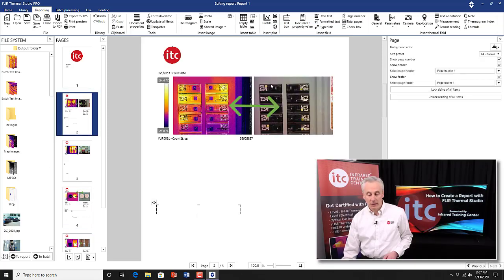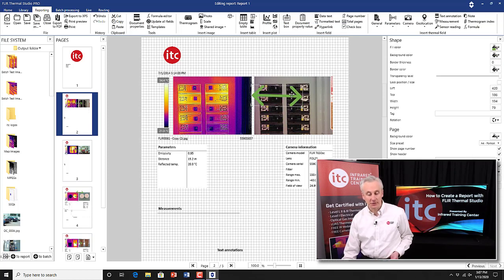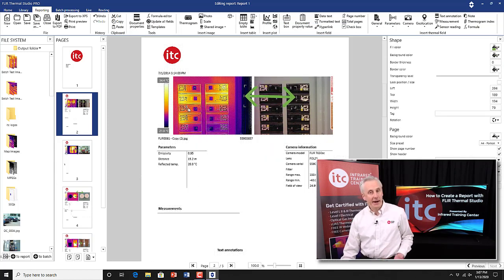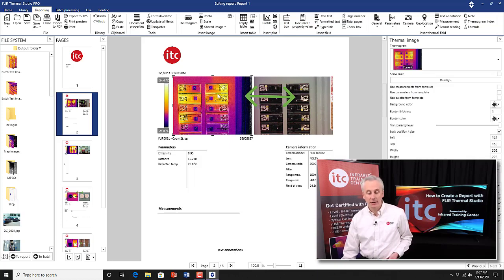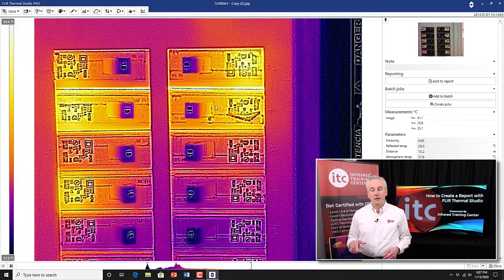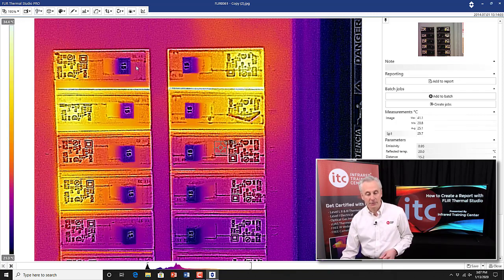Now, some of these images don't have any measurements like this one. So if you want to edit an image and make changes to it, you can do that simply by double-clicking on the thermal image in the report. When you double-click on the image, it brings up the image editor. So this is kind of where we started earlier when we were editing the image from the library. This is where you can adjust your scale and your palette and all those different settings, and you can add and remove measurement functions. So I can go to here and maybe add a couple of spot meters,